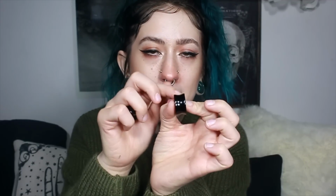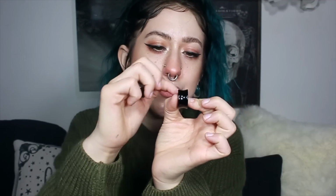First pair that I was sent are these. I'll show close-ups and everything. Now these are a pair of black onyx concave stone double flare plugs. Concave just means that while the wearing area is obviously like a double flare, so you know, you scoop it on in your earlobe. Concave just means that this flat part right here, like the actual jewelry part,